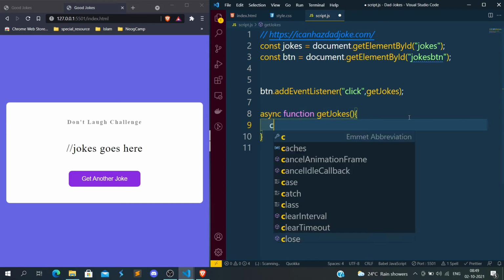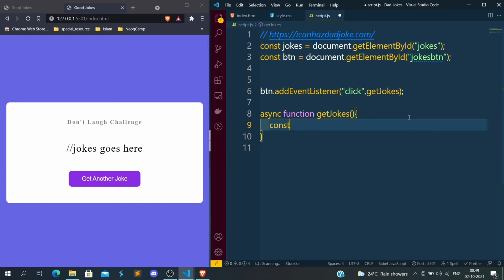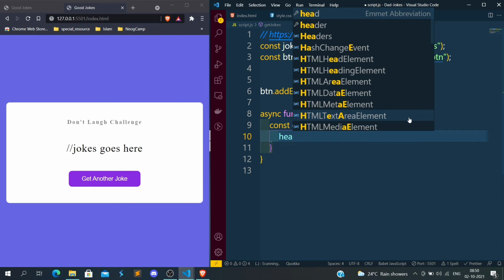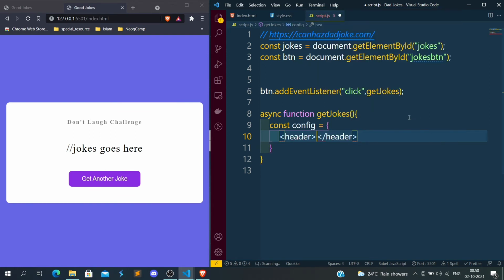Okay, let's make one variable, config. So basically we are calling an API. For that we are adding some properties. So for calling the API we need headers that we need to pass.